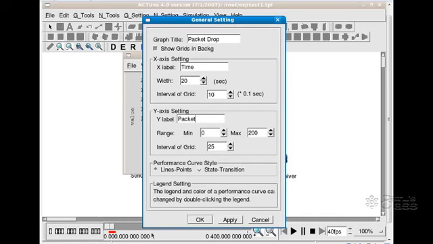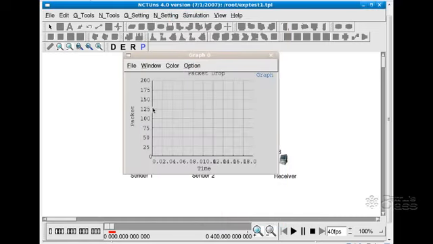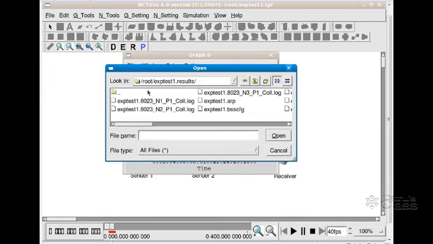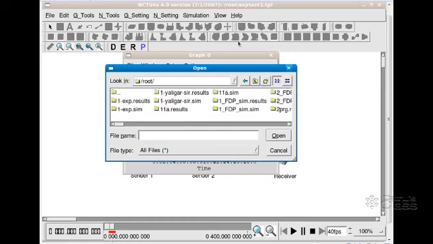So click OK. Now the graph will be rearranged. Now we shall fetch the log file so that we can see a plot of time versus packet loss. Click on open. Whatever experiment name we have given, the log file will be generated in the same way, and it will be stored in /root/.